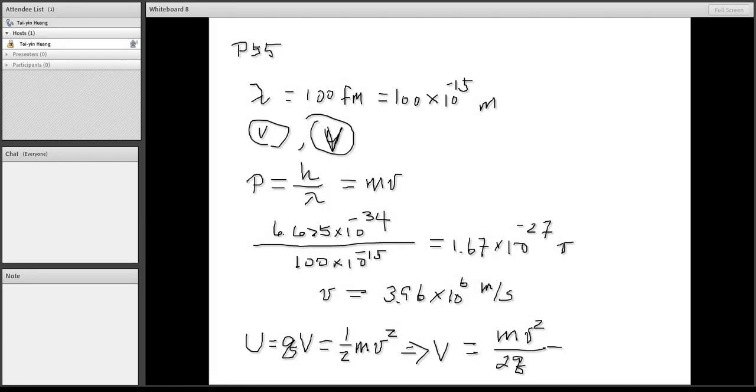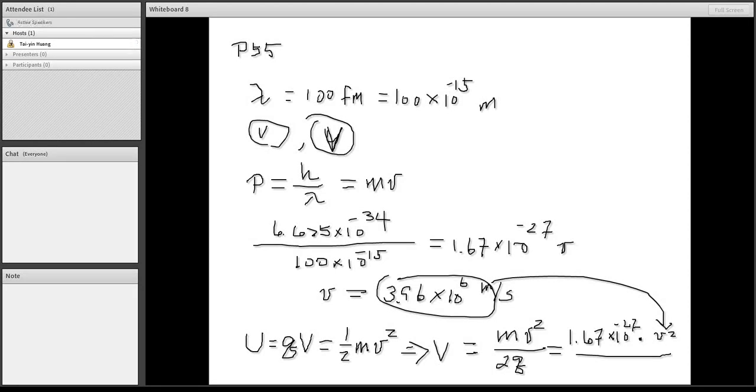So when you plug in the numbers, the mass of a proton is 1.67 times 10 to the negative 27, and then times the velocity squared, you square it, and you divide it by 2 times the charge, which is 1.6 times 10 to the negative 19. And so once you do the calculation, your answer will be